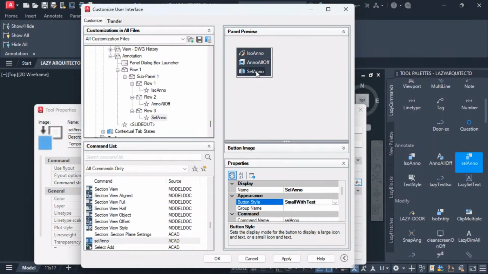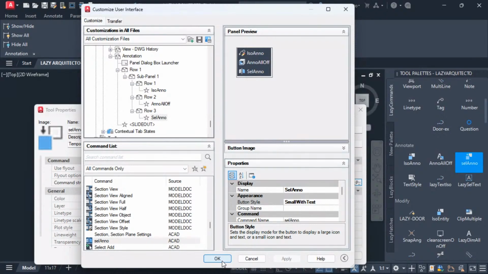Here we go. We have successfully translated our custom commands, which took a little bit of time, but once we hit apply and clicked OK,